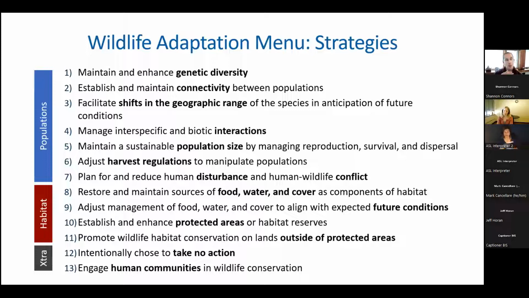And that starts with walking through the adaptation workbook, helping them articulate what our goals and objectives are for our operations, what the key climate change risks are in our land base, and helping them think specifically about that. Then we use perhaps not this menu, but other menus that we have, such as forest management, transportation, and engineering, to help them identify what practices we can use to keep our operation viable and to cope with these changes that are out there.